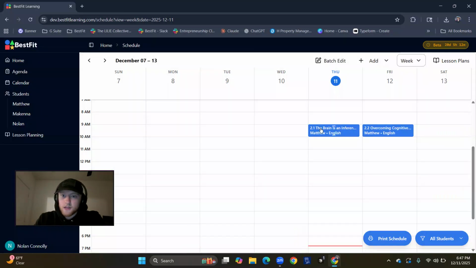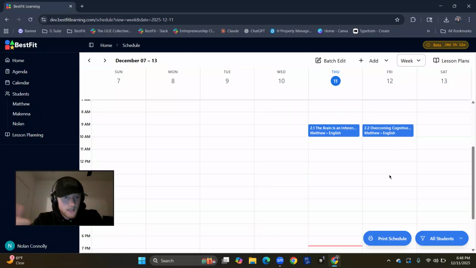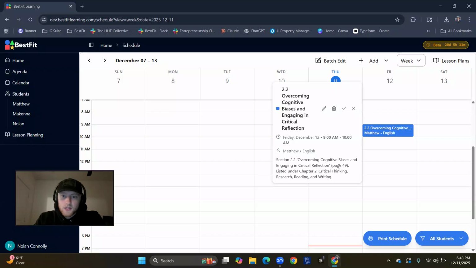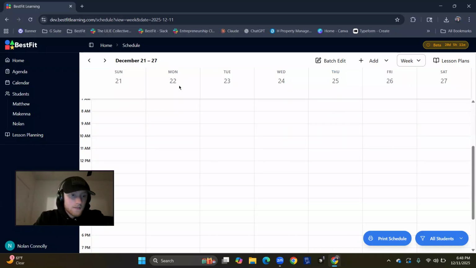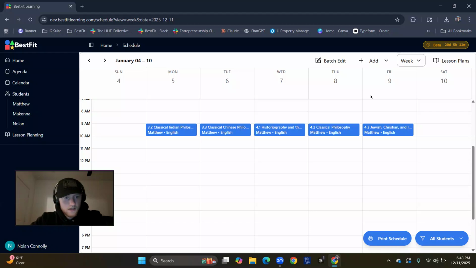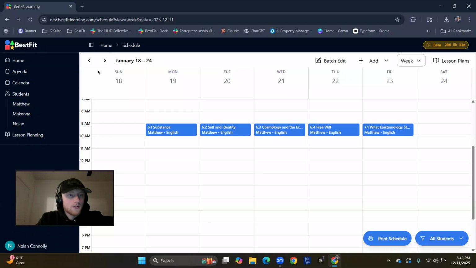So now I have everything in order. I know what sections we're going to be doing on what days, so I can just get up and do it. I have all the page numbers in there as well. And yeah, as you can see, it has skipped. This is the week of Christmas. I set this as this is our Christmas break, these 2 weeks right here, and there's no lessons. But as we get out of Christmas break, you can see that it picks right back up where it left off with 3.2. See, we were at 3.1, we went to 3.2,